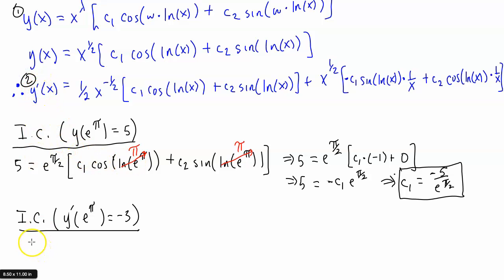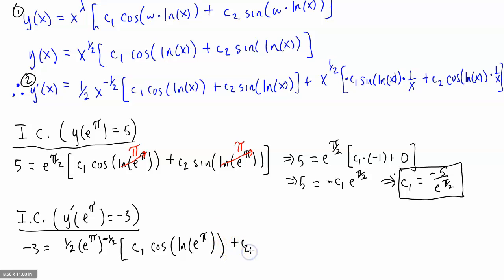So y prime, that's just going to be -3, and that will equal 1/2 of e raised to the pi, and that raised to the -1/2 here, times C1, and I'll write that later when we need it, cosine of natural log of e raised to the pi plus C2 sine of natural log of e raised to the pi